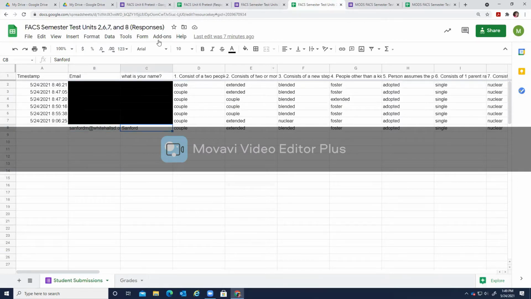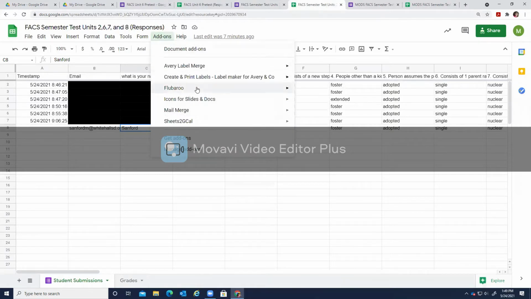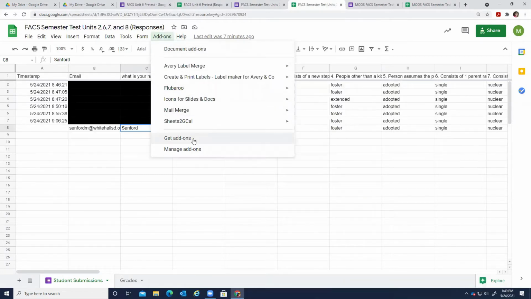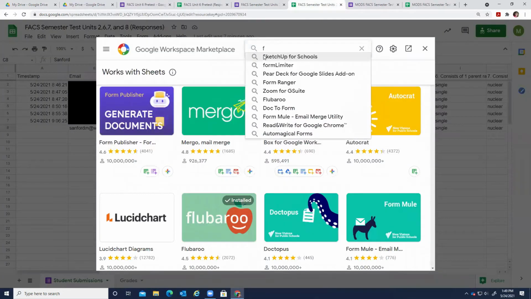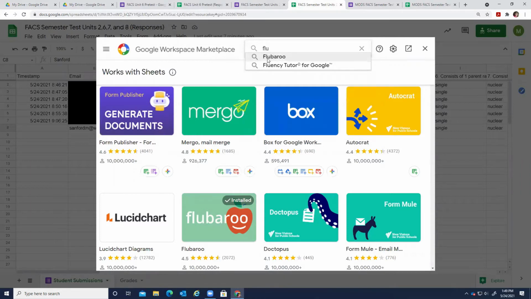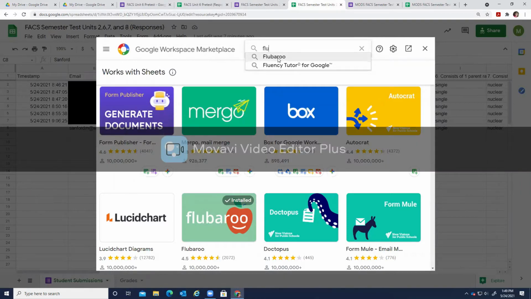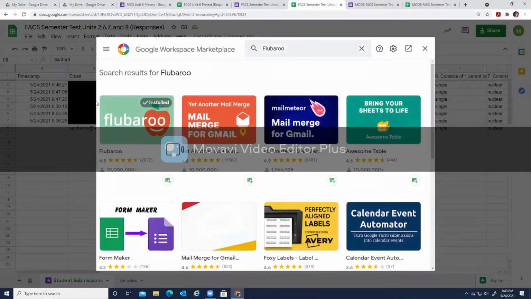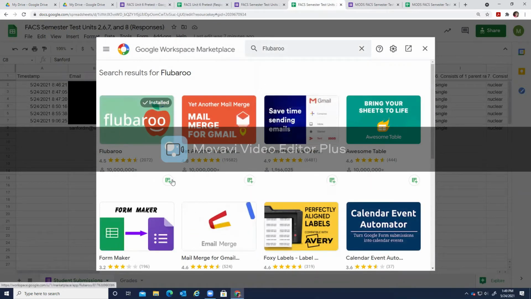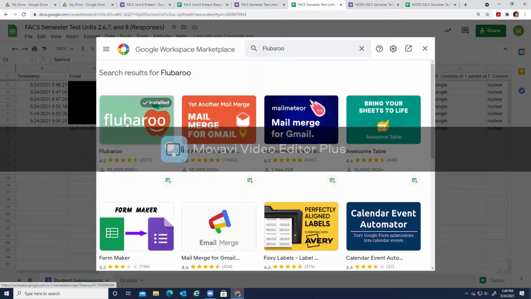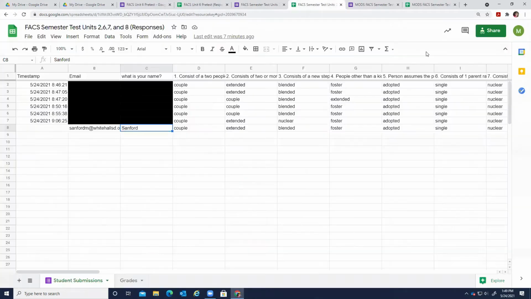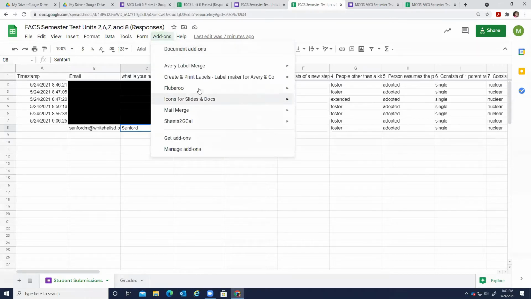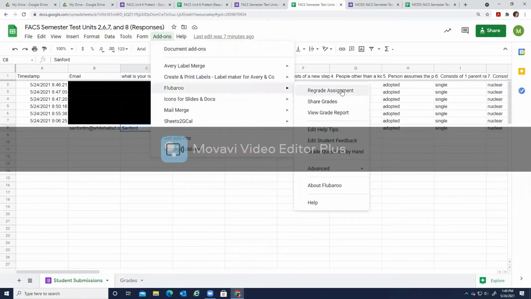After you do this, you're going to click add-ons, and you won't have this set. You'll have to get the add-on, so make sure you click get add-on, and the add-on is called Flubaroo. It's got a little apple, and I've already got it installed. So you'll just have to add it and install it yourself. Once you have it successfully installed, you'll go back to add-on, and there's Flubaroo,